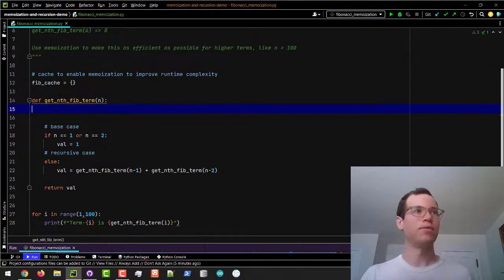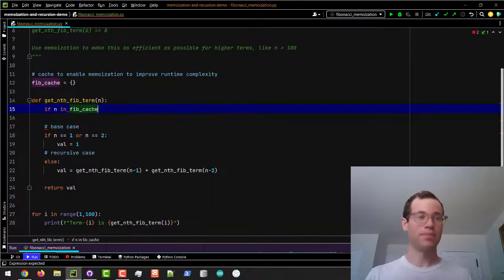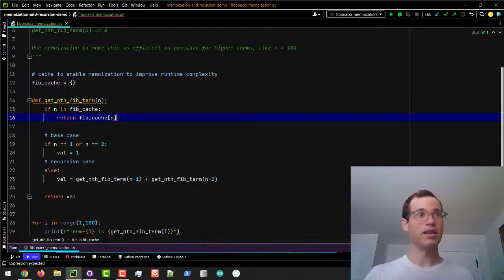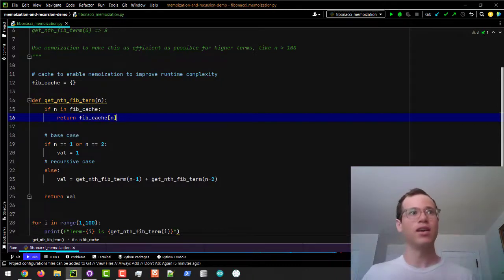But inside of my function, the very first thing I'm going to be doing is saying if n in fib_cache. So if we've already calculated this particular Fibonacci term, why would we want to do that again? Don't. The whole reason why we use dictionaries in Python is that dictionaries allow us to have constant lookup times, which is very, very efficient for our program. So if we already have the nth Fibonacci term, we are just going to simply return it. So return fib_cache and pass in n, and that's it. We don't need to even go through any of the base case or recursive case. It'll stop at line 16 if we've already done this